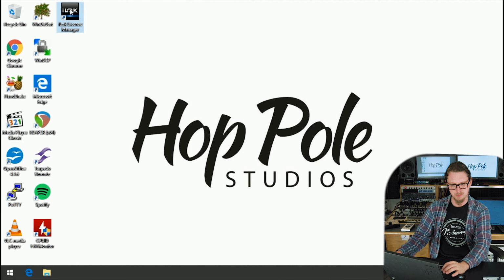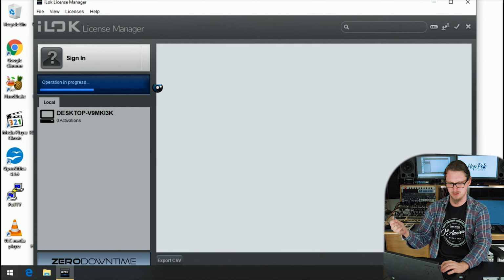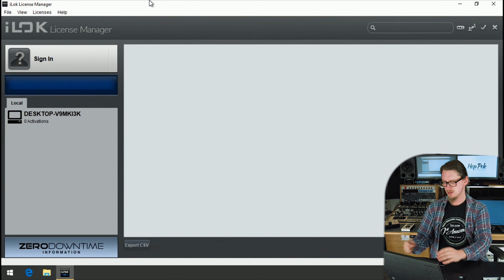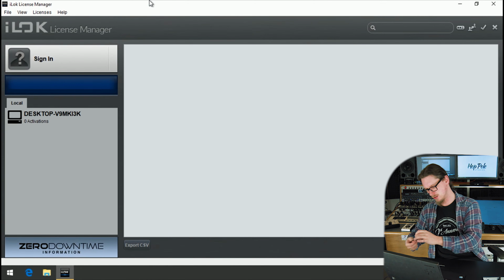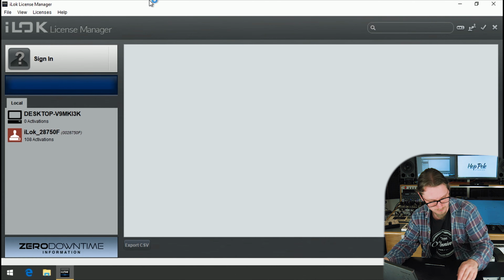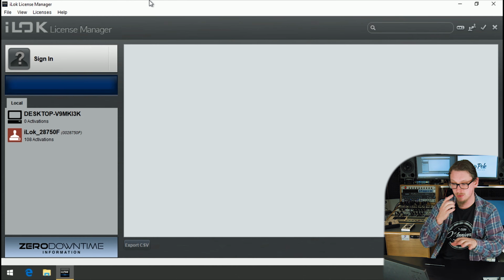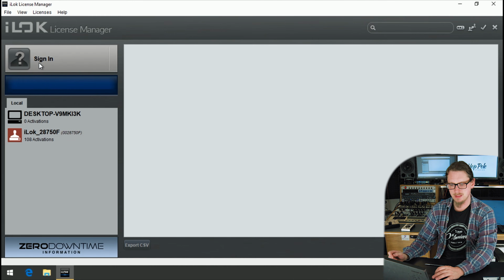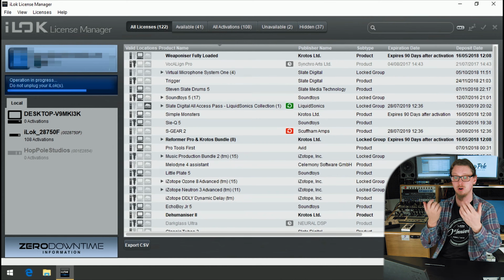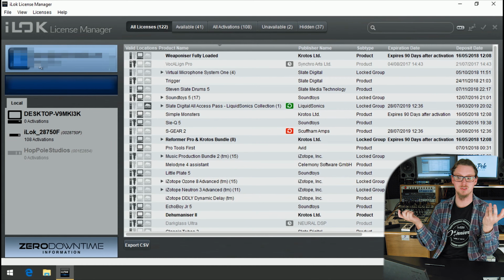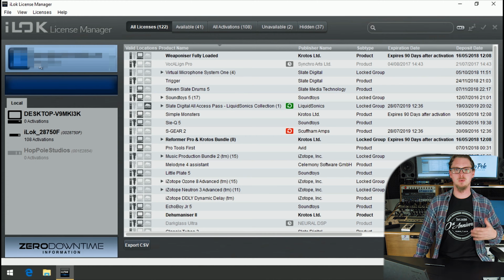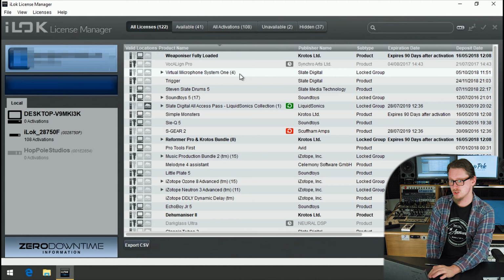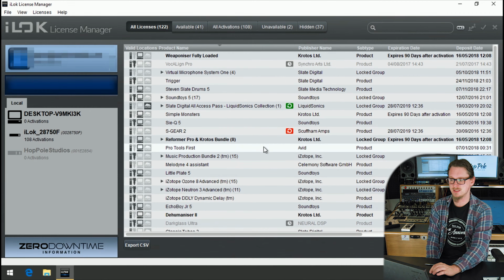So let's open up the iLok license manager, because you can do all of this without having even installed the plugin yet. So I'm going to plug in my iLok down here. There we go, and now you can see my iLok with the horrible long name has come up there. If I then sign into my iLok account, which will come up with all the details in the corner, which of course I'm going to blur out because I don't want to be giving away personal details, but yours will be right there. And for me, that comes up with a list here of all the licenses that I have,